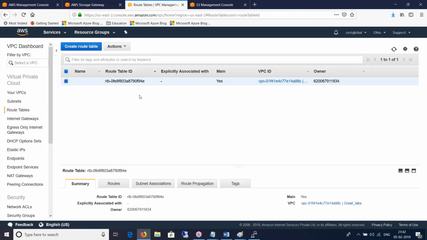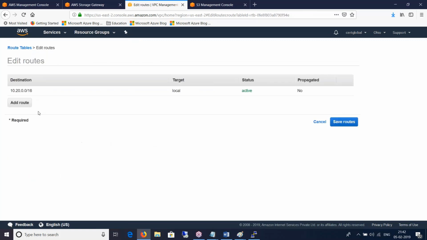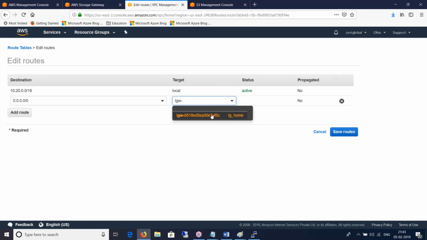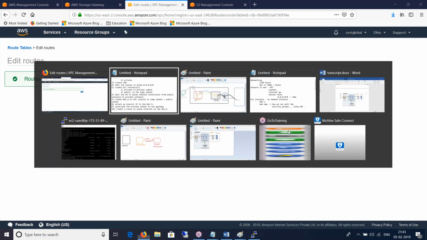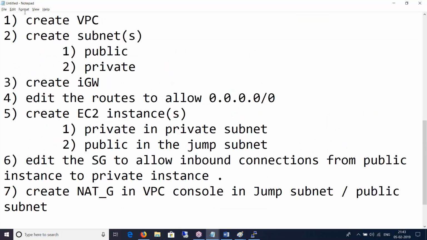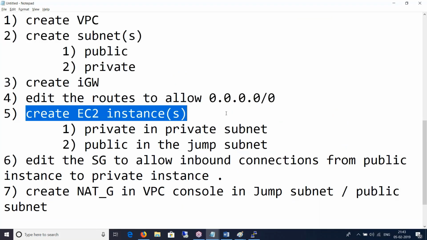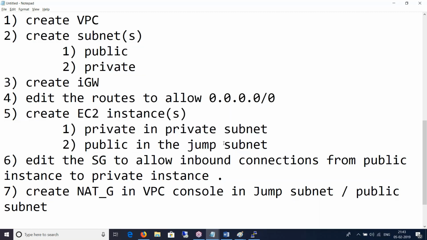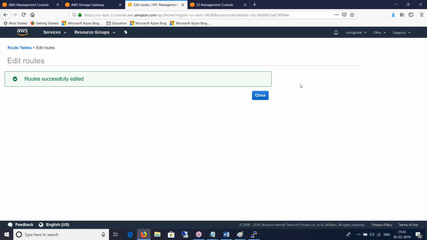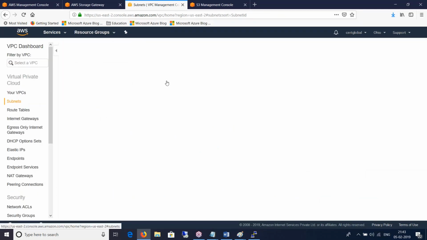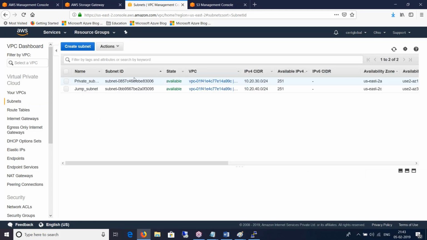So I'm done. I go to the route table. I will have one route table, and I do nothing here but edit my route, add a route from 0.0.0.0/0 to my gateway so that the devices get internet. With that, I'm done with steps 1, 2, 3, and 4. Now it's time to create EC2 instances, one in the public subnet, another in the private subnet. But I missed a small thing. There is no difference between the first subnet and the second subnet. They have been created identically. But how do we differentiate?